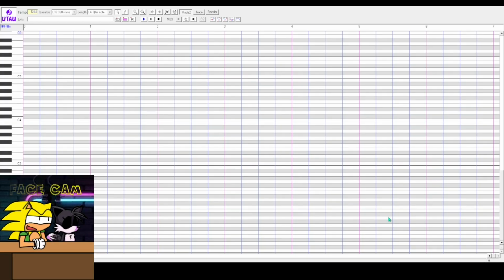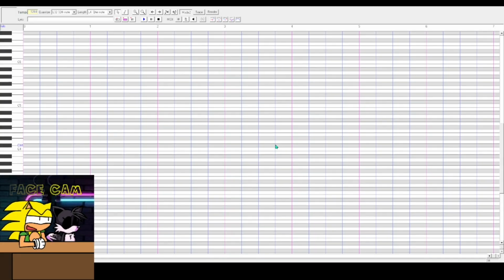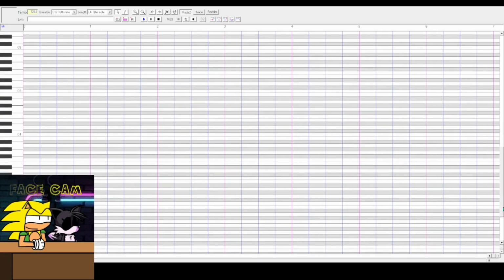Now, the reason that I asked you to name your vowels as they were on the file name is because utau will recognize it when you're trying to open it. I learned that the hard way. Anyways,